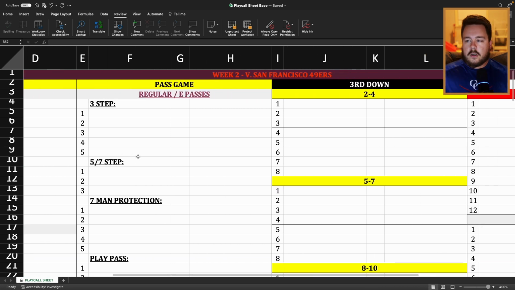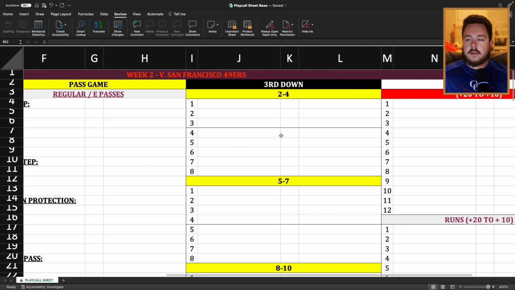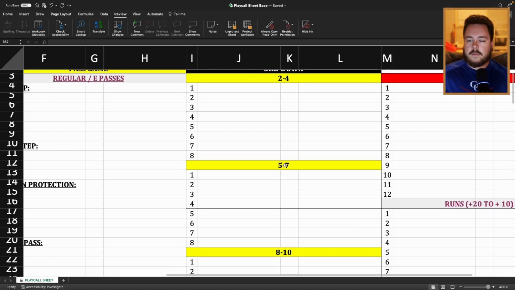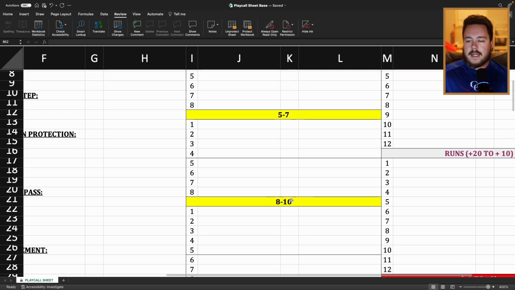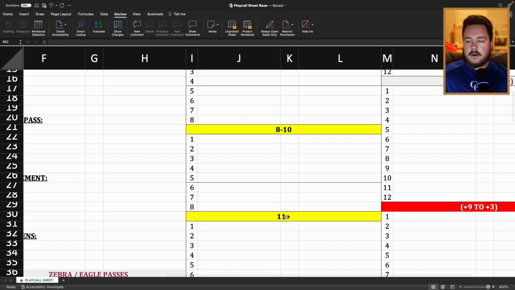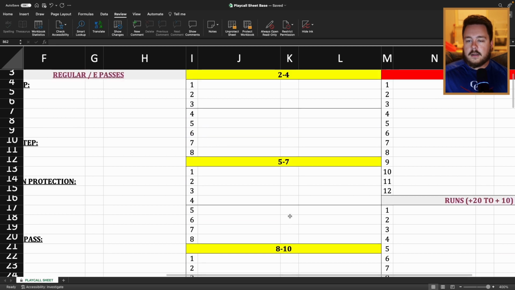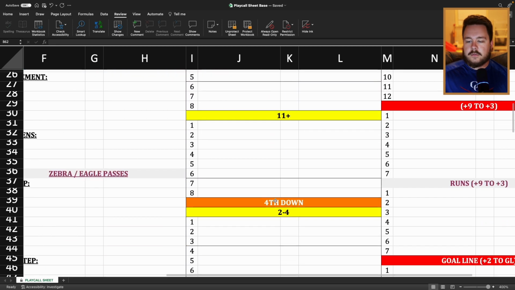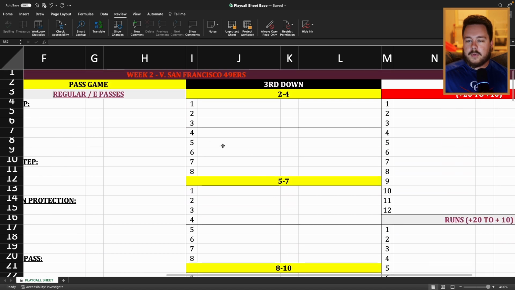All right, moving over across the first page, we're going to get to the third down section. Third down is kind of broken up into short, medium, long, and extra long. We've got 3rd and 2 to 4, 3rd and 5 to 7, 3rd and 8 to 10, and then 3rd and 11 plus. Now we've got 8 slots for each of them, but how they're divided up is dependent on the yardage. So the black line in the middle indicates the shift from pass to run. So passes are on top, runs are on the